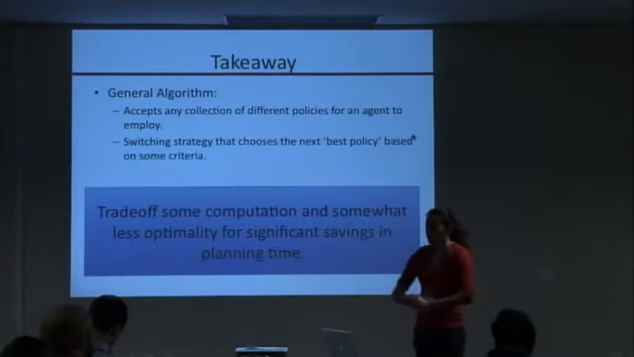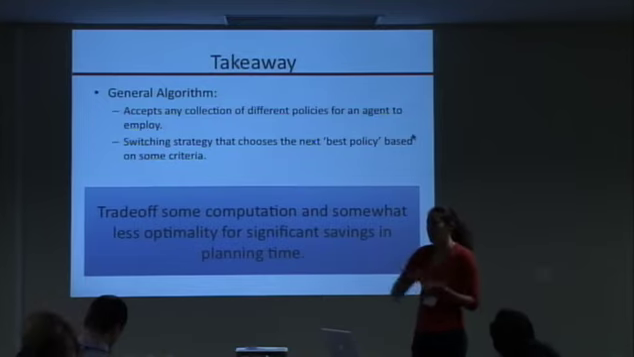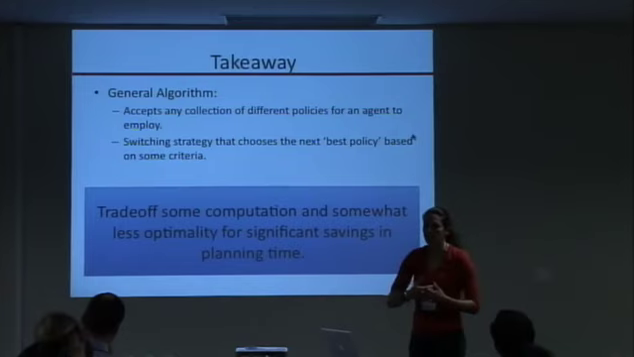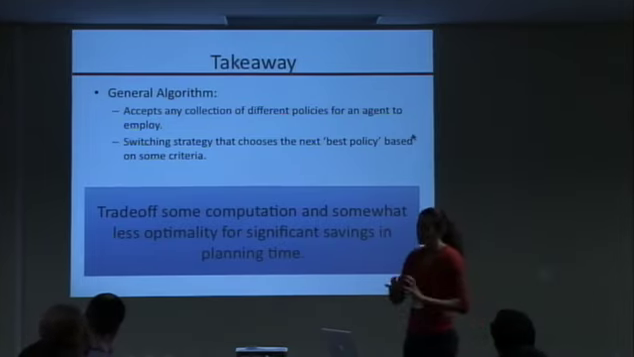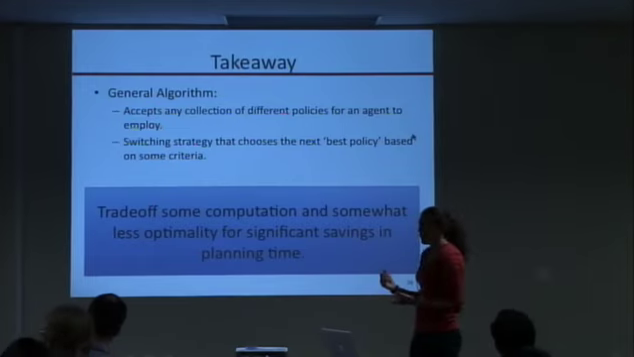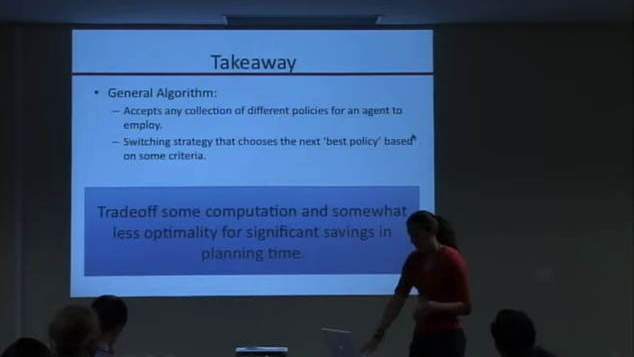The main takeaway is that the algorithm actually doesn't care what kind of policies you have. It's general enough that, given some set of policies and some criteria that might be different, but based on this idea of rewards, it can switch and decide the next best policy. So it is making this big trade-off of computation and less optimality for planning by making the choice